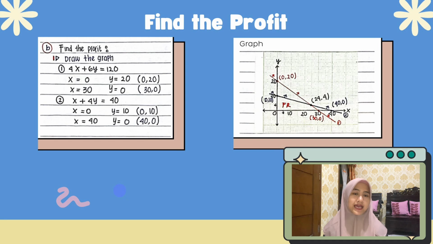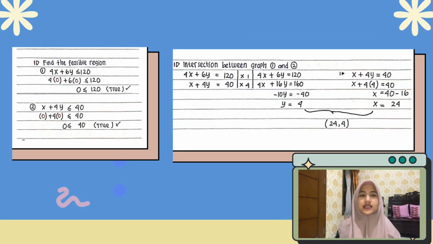From these two lines, we can draw the feasible plane of the solution region that satisfies all constraints. To draw the graph, see the right side where it says graph. To ensure the region that satisfies all the constraints, we do a point test, usually with the point (0, 0). Insert (0, 0) into the first equation: 4 times 0 plus 6 times 0 equals 0, which is less than or equal to 120. So it is proven true.